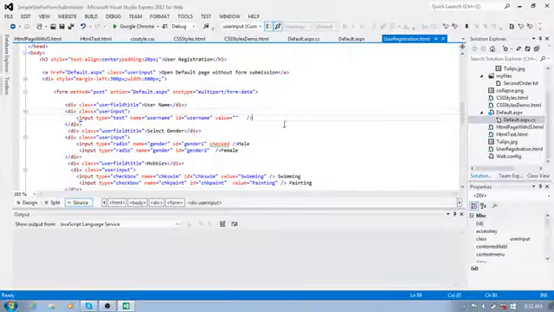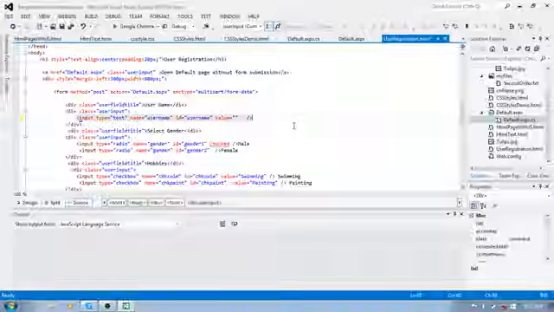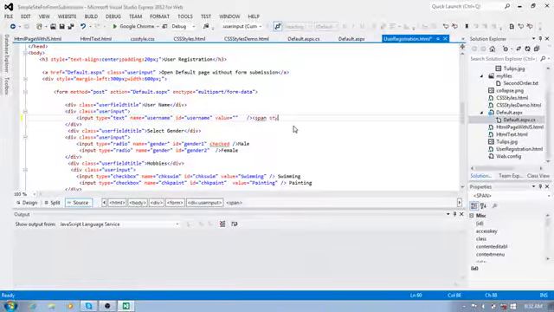So take here a span element, followed by a style. I want to give a little space to the left of it, so I use padding left. I go with the padding left and put some 30 pixels. That means to the left after the username text box, it should take some 30 spaces, then the span element